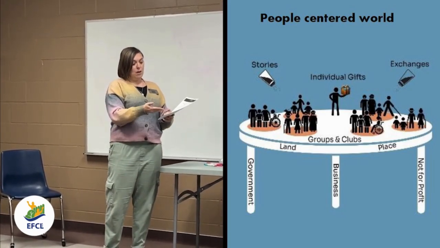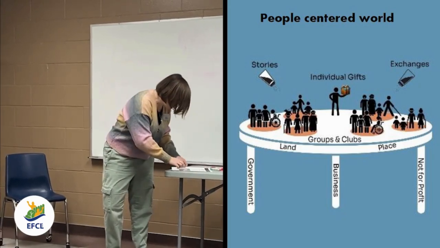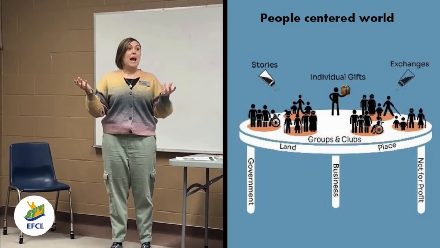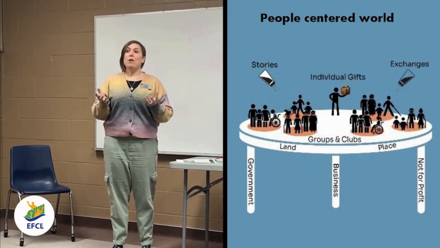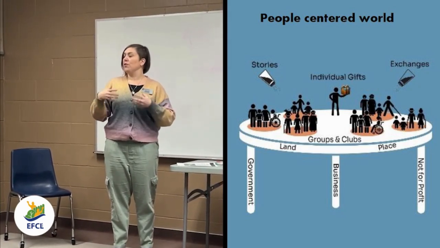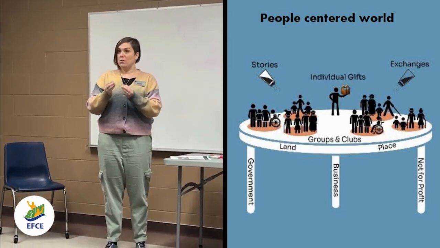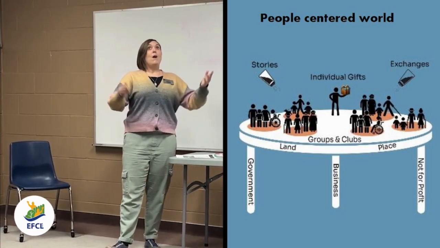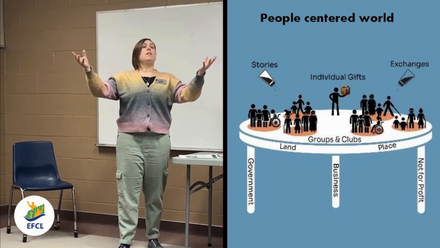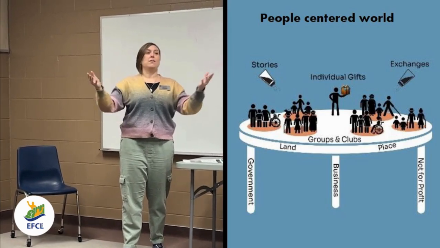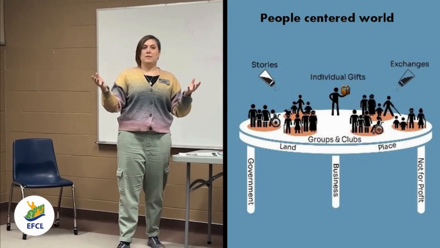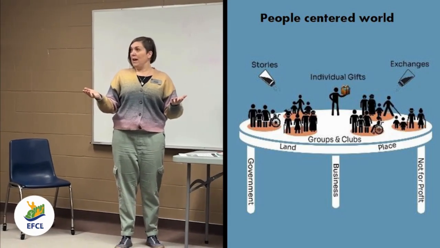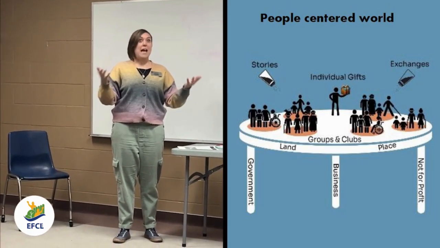And the people are on top of it, and you can see the little dude in the middle who's holding the gift. That represents this idea of being asset-based. So everybody in your community has gifts to share, and that's where you start. That's the focus. So rather than a bunch of people kind of asking for things of the government, asking of agencies, businesses, the idea is that everything you need is in your community already, and the job of the community league is to tap into that.